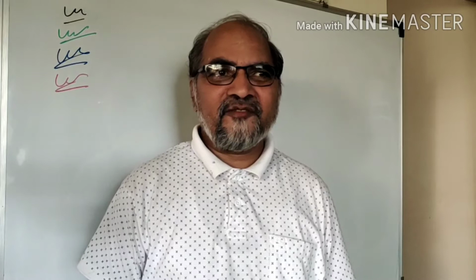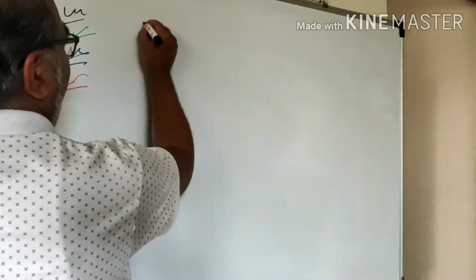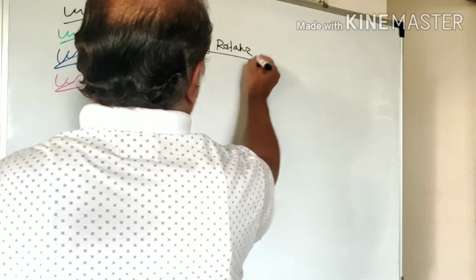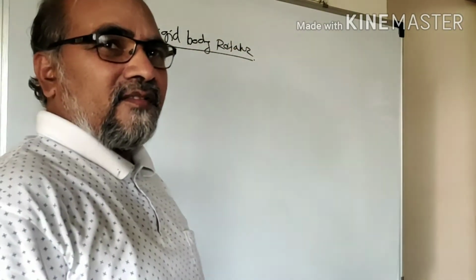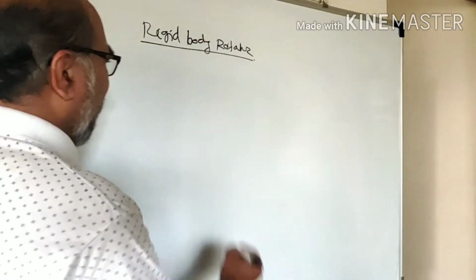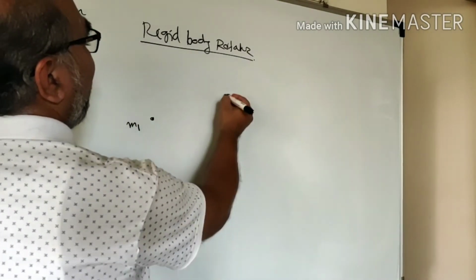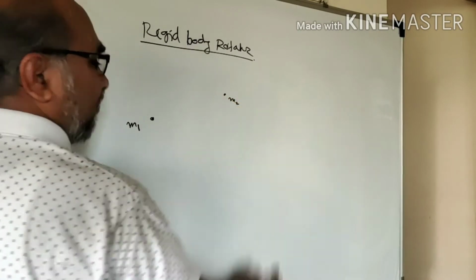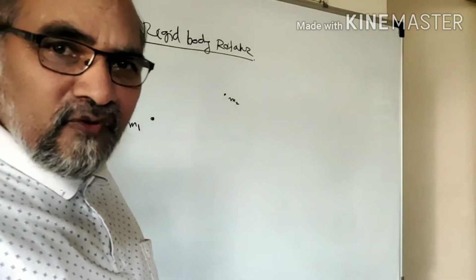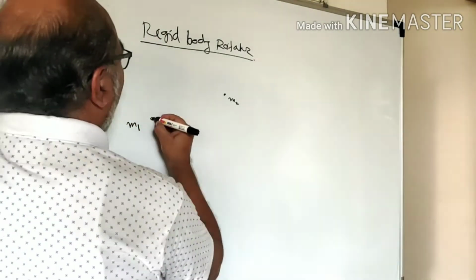Hello friends, today we are going to see a rigid body rotator. This rigid body rotator is a free rigid body rotator. First we see what a rigid body is, and for that consider a system having two particles. There is a two particle system, one is M1 and another is M2. These two masses M1 and M2 are joined by a light rod